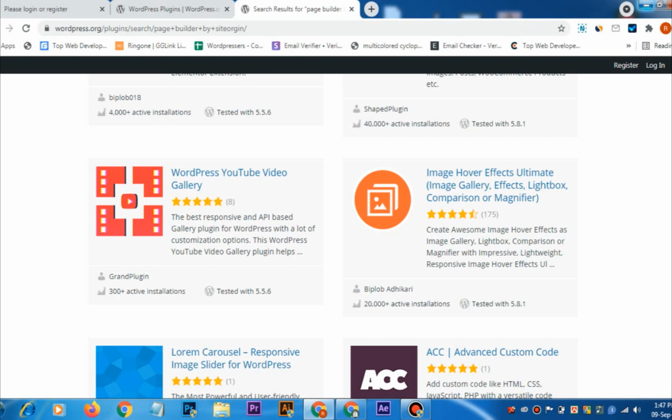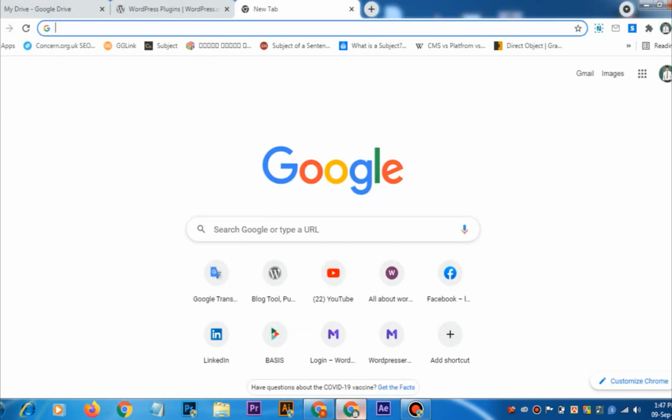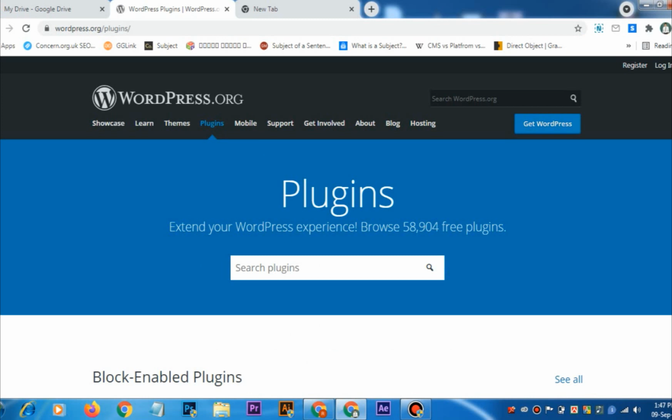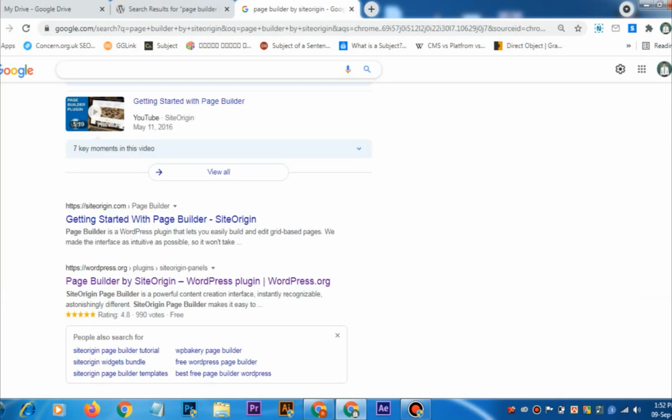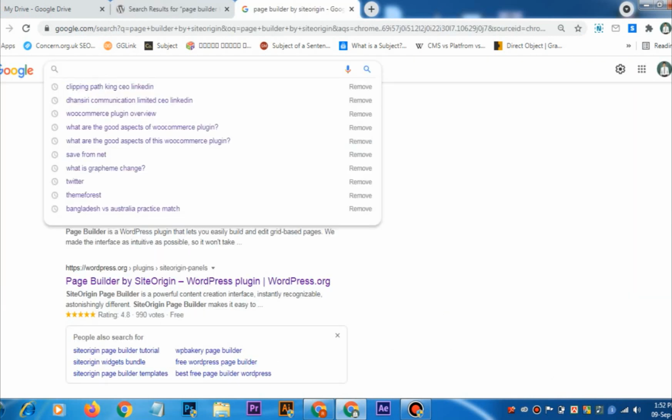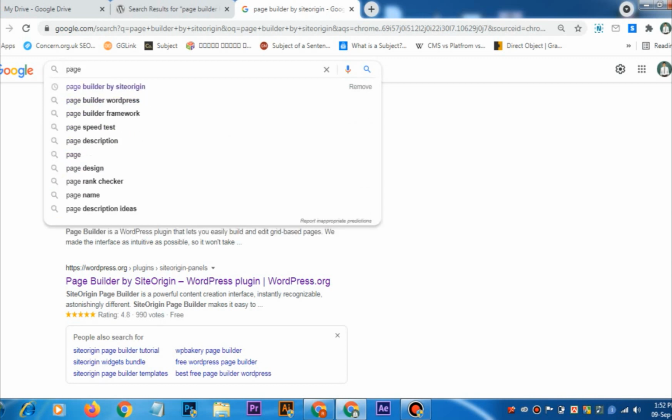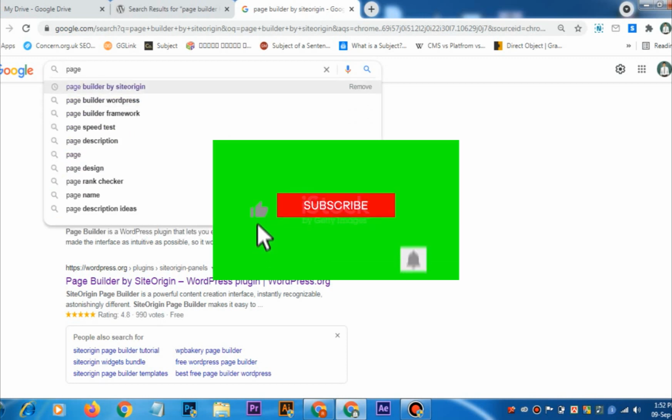Here also we can see a lot of options, but our desired plugin is not showing. We want to see it from wordpress.org. If I scroll down below, you can see Page Builder by SiteOrigin.